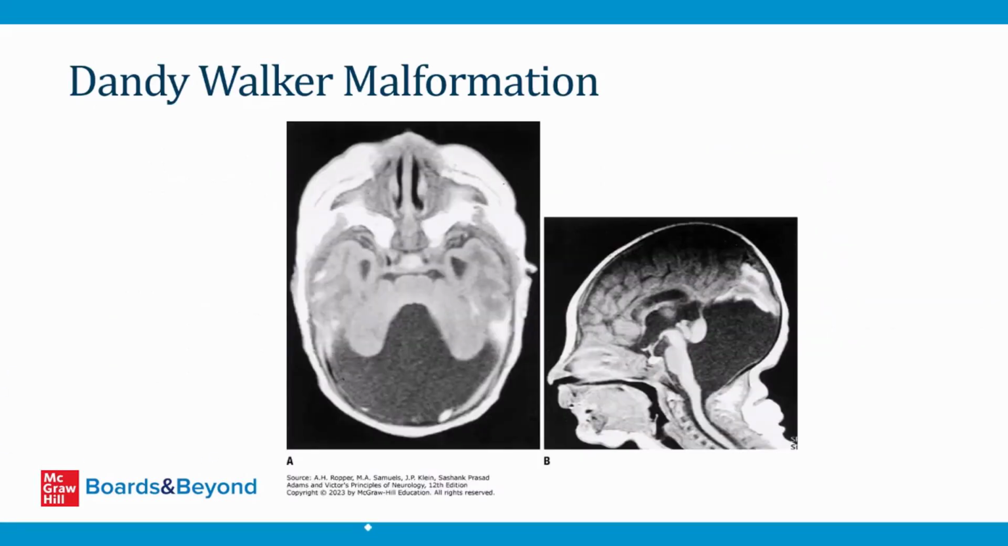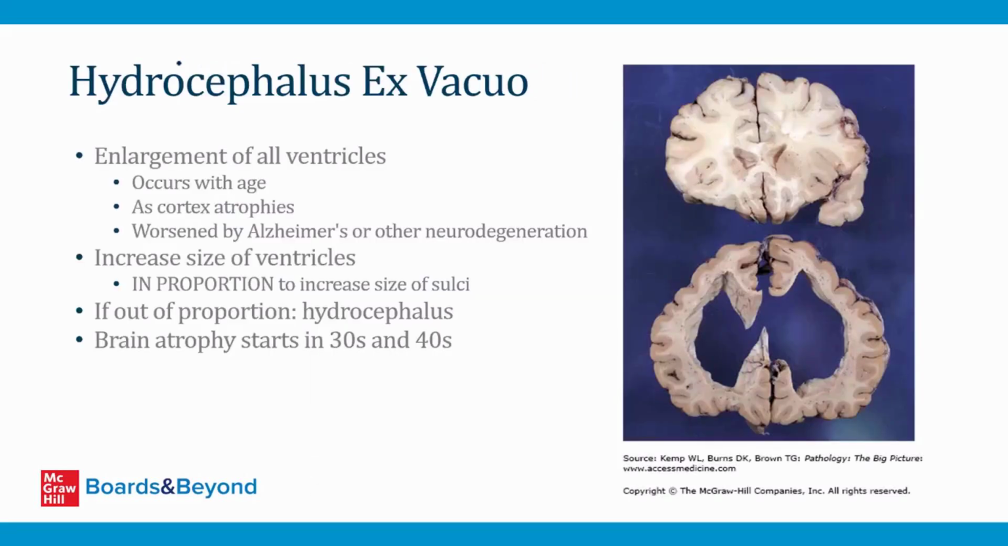And here are a couple of other images of Dandy-Walker malformations. Hopefully you can recognize that these fourth ventricles are enormous, and that makes this condition very easy to identify on imaging, even at the med student level. And then the last condition related to the ventricles of the brain that I'll talk about in this video is